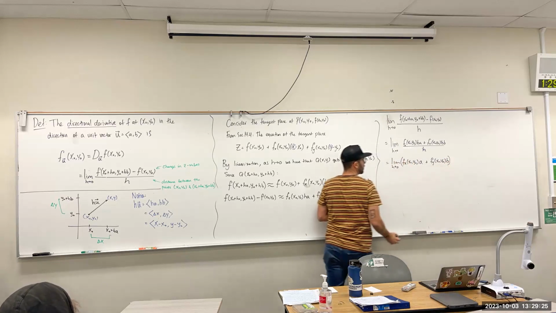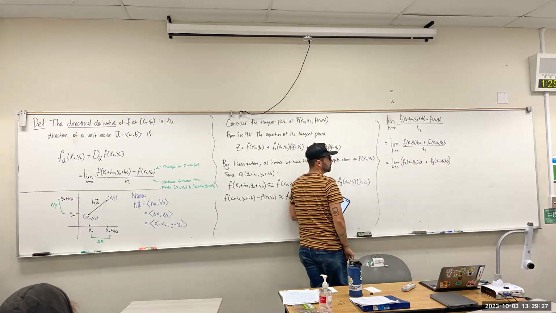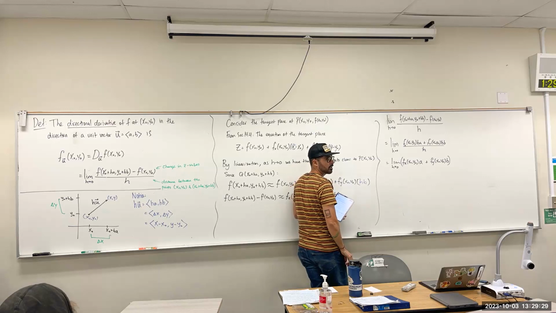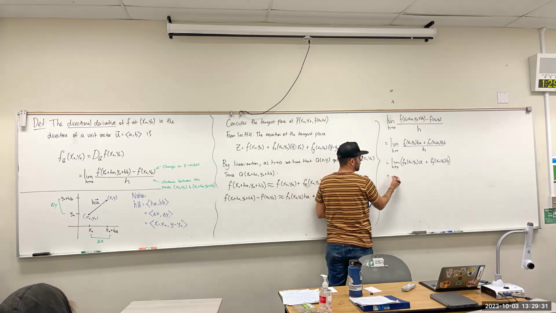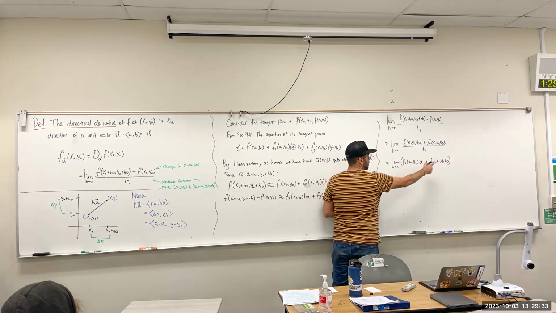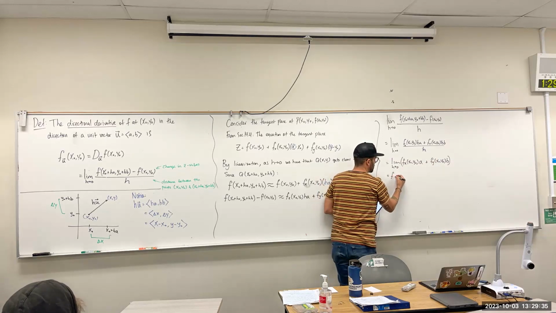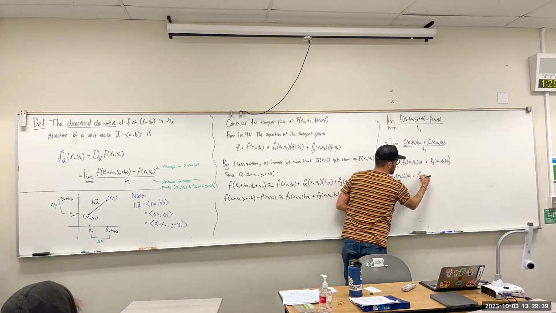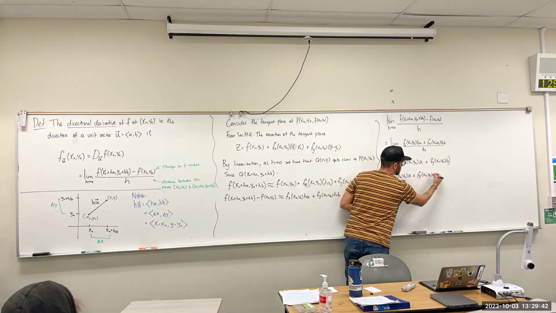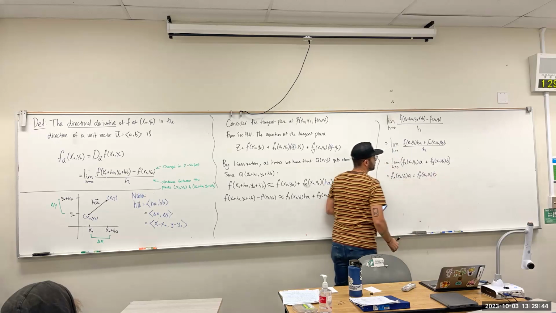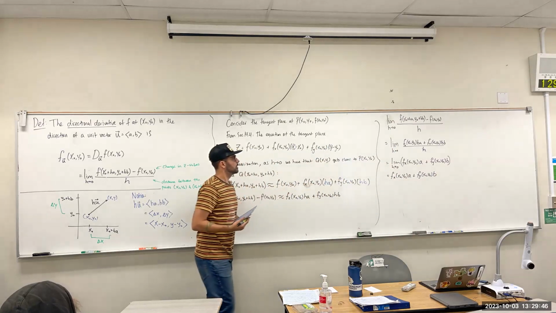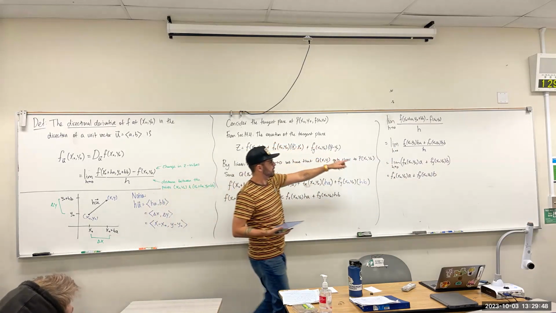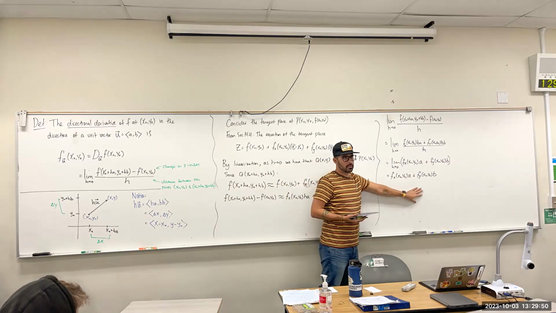Are there any h's though? There's no h's, so what is the limit going to equal? It'll just be equal to that expression: f partial x at x naught, y naught times a, plus f partial y at x naught, y naught times b. And since that limit is just going to end up being equal to this,